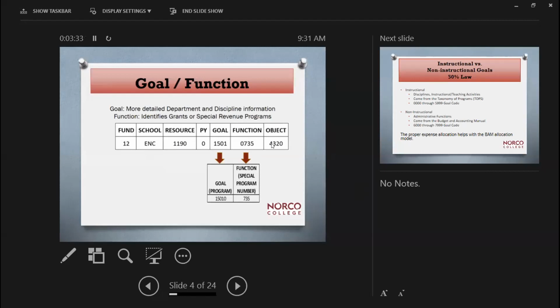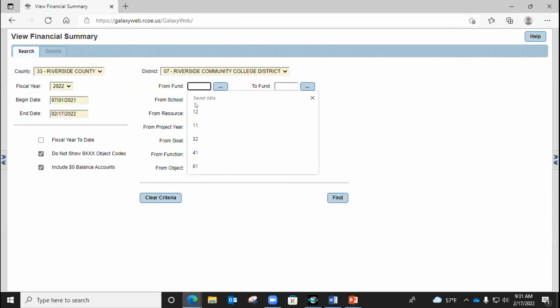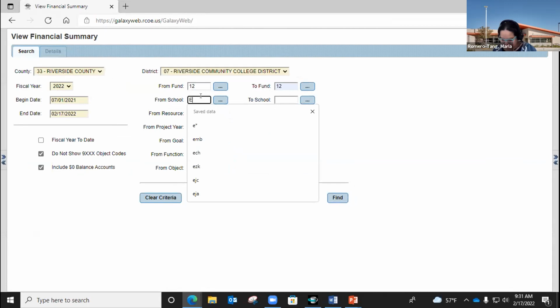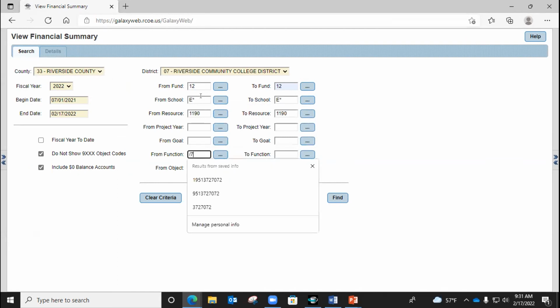Can you go to Galaxy and show us where I can see this account and see what it means? Because there are 2 ways of looking at it, right? I can go to my Curve account, or I can go to Galaxy and see what it means. So can you show us, please? Yeah, so